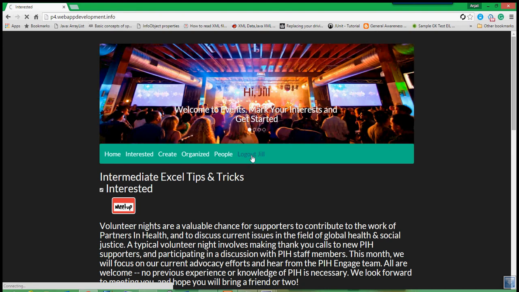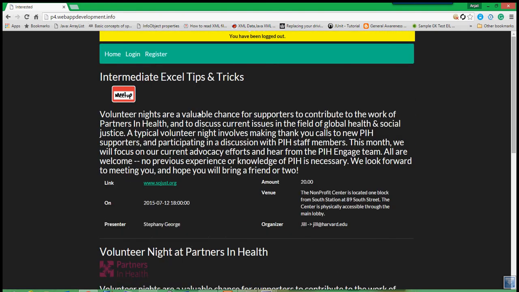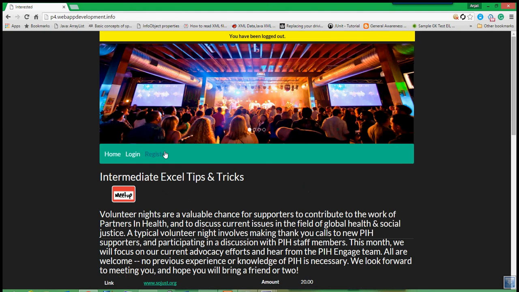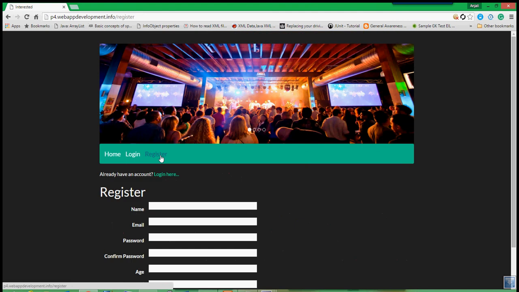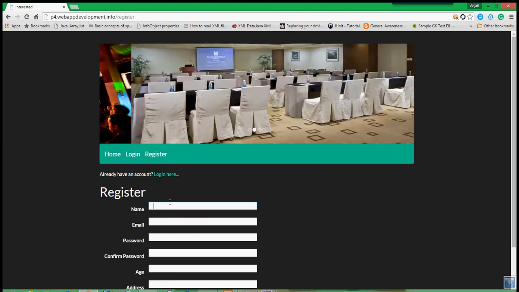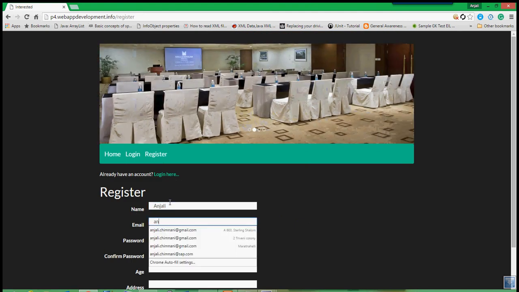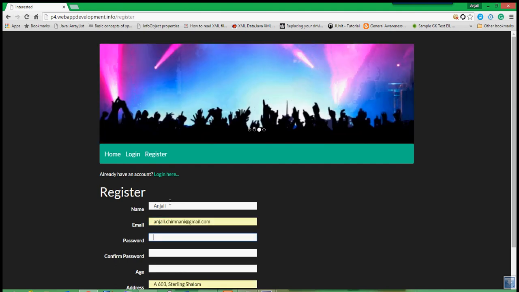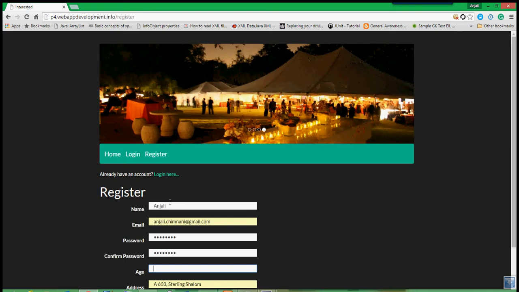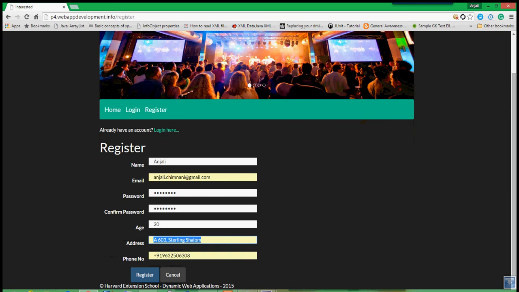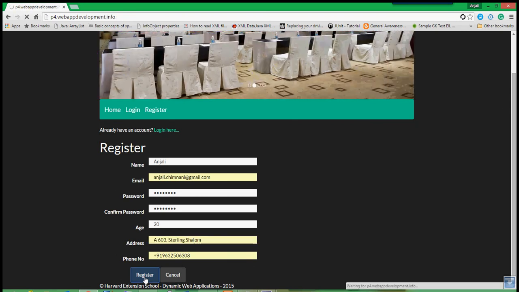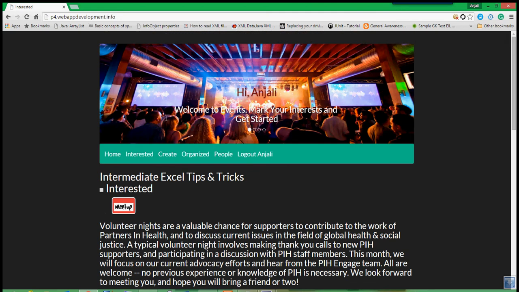But if, for example, we log out, and yep, we have been logged out, and then we register with another user, for example, I would now like to register as Anjali. Email is anjali.chinmay@gmail.com. Password is anything, age is 20, and address is something as is mentioned. On clicking on register, it will allow me to register here and it will take me to the